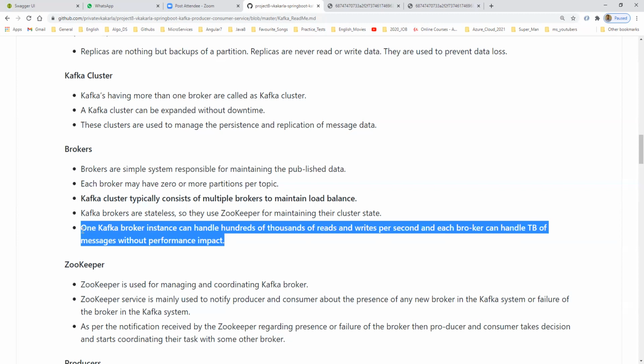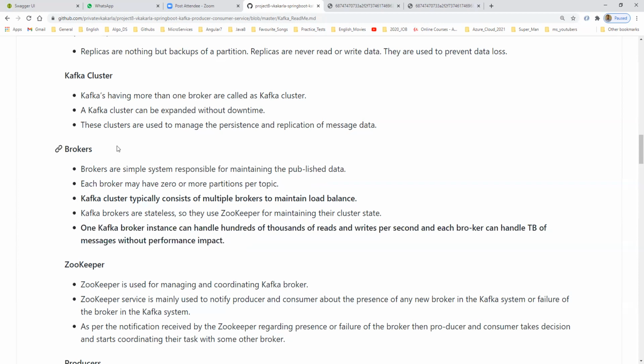So that is what Kafka is offering: high availability, high scalability. Why? Because it is maintaining a load balance. This is a very robust, very strong system. That is the reason most enterprise systems, wherever they need publish and subscribe use cases, are using Kafka as a stream of data processing.